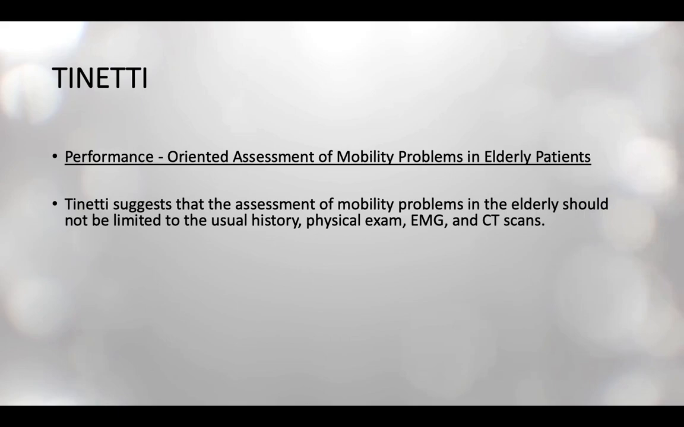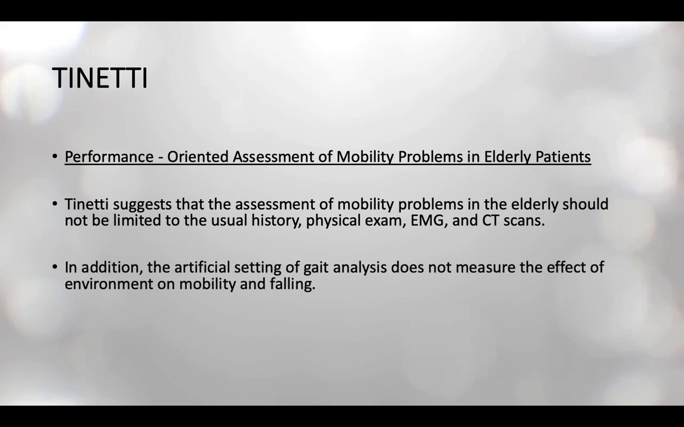For that, we need to give that activity as a task. Whichever activity the patient is having a problem with, give that same activity as a task, and after that assess his level, whether he is able to perform that task properly or not. So, in addition, the artificial setting of gait analysis does not measure the effect of environment on